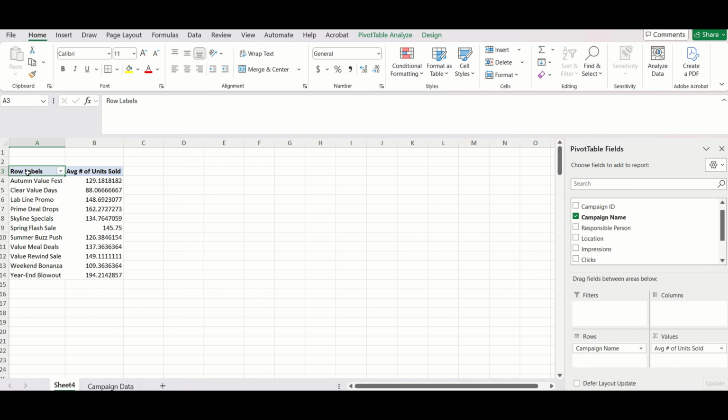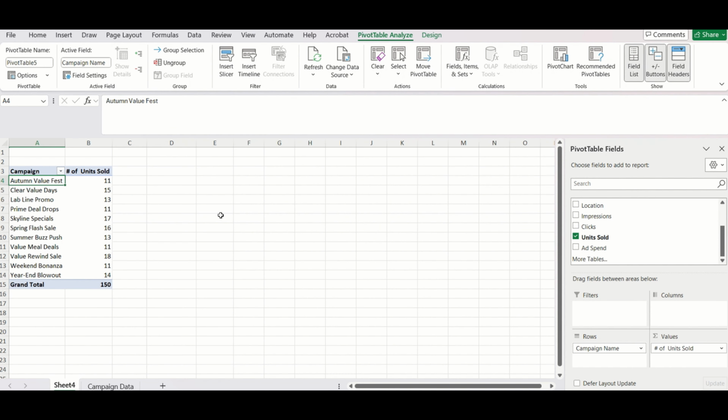press OK. Again, you might notice your pivot table shows row labels or column labels. You can rename this for clarity. Just click the cell and type something more meaningful, but please keep a note here. You can't use the original column headers from your source table. For example, we already have campaign name in that data table. We won't be able to use campaign name. Instead of that, let's just use campaign as a label for this row label and press OK.